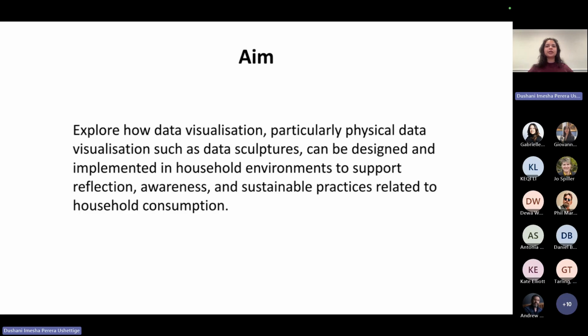So how can we leverage the strategies of data physicalization or data sculptures in this particular case to communicate this idea of consumption to people in a better way, so they understand it better and can also do something to reduce their consumption at home?